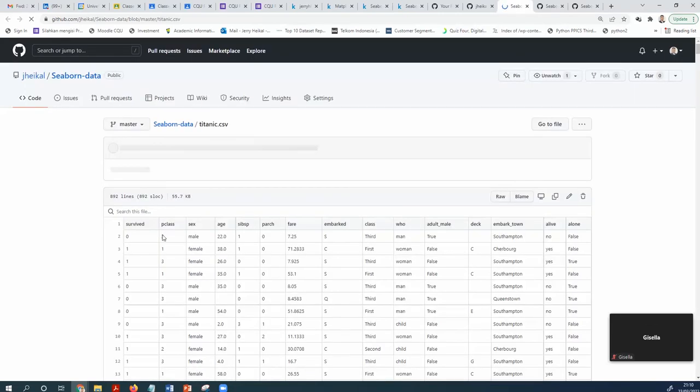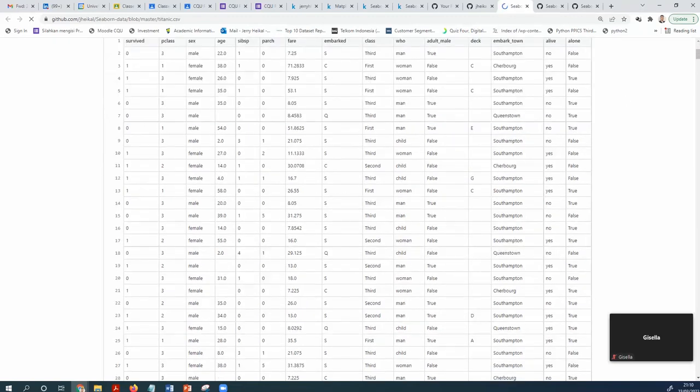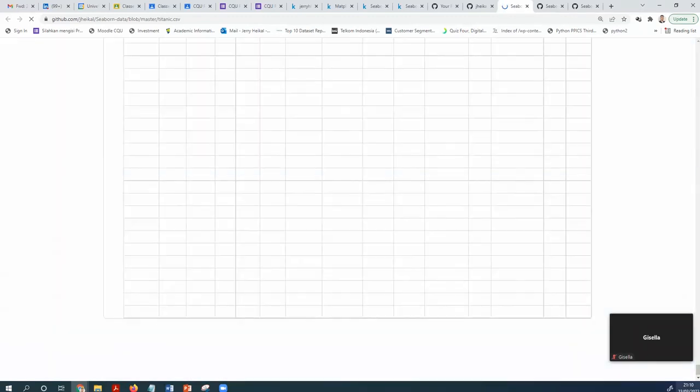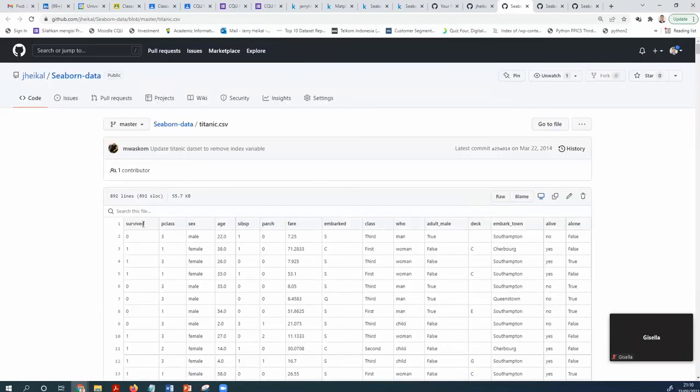So the sinking of the Titanic. The total passengers are 892. There are whether people survived, the passenger class, the sex of the passenger, age, siblings or dependents, parch, and fare, the ticket value.